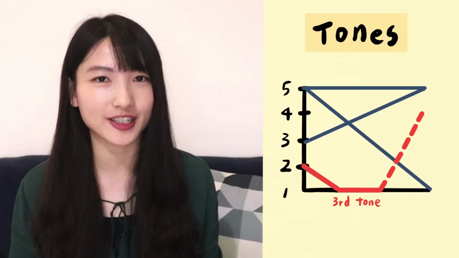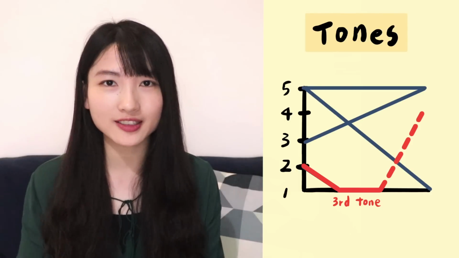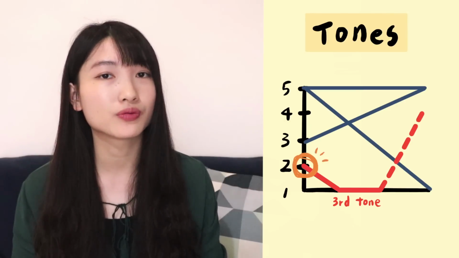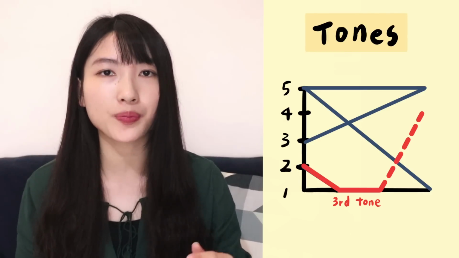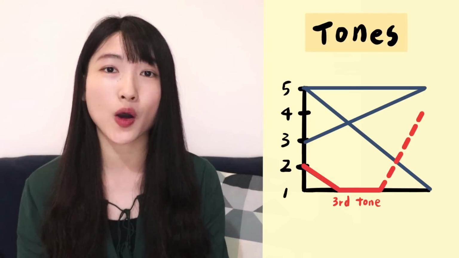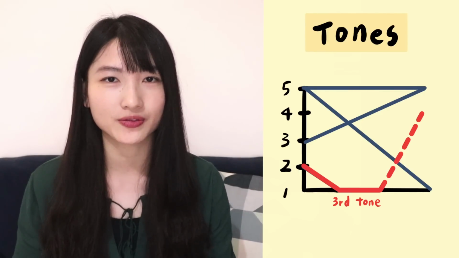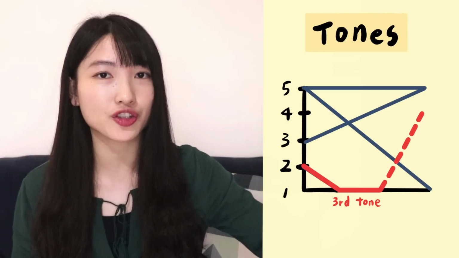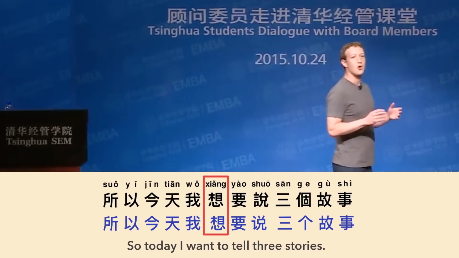Let's take a look at this picture again. You can see that the third tone is relatively low compared to the other tones. It starts from this pitch, really low. So when you pronounce the third tone, the pitch should be lower than the other tones. You just start from a low pitch and then go down a bit. This is how we native speakers pronounce the third tone. So the little mistake Mark Zuckerberg made is that he pronounced the third tone with a high pitch. 所以今天我想要说三个故事。To sound more like a native speaker, you should say 我想要说, not 我想要说。